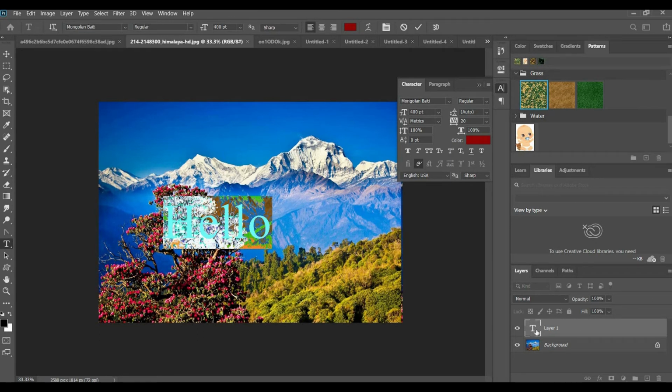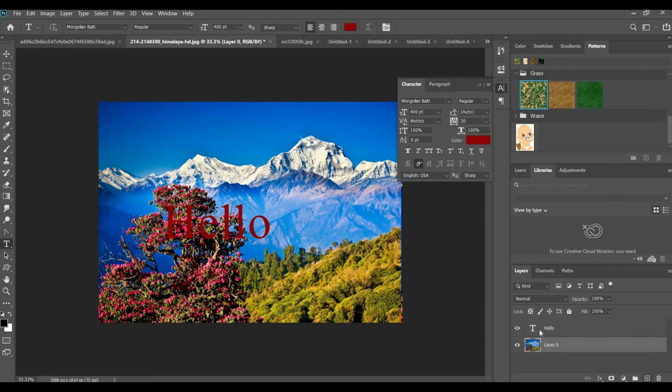Okay, now here we want to unlock the background. So let me select this hello by clicking with control. Okay, this text has been selected. Now we're going to change the layer, the first layer.